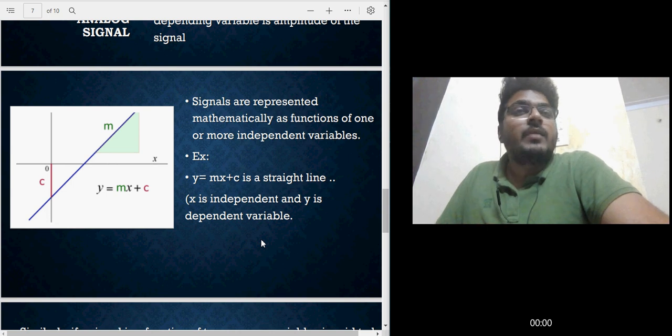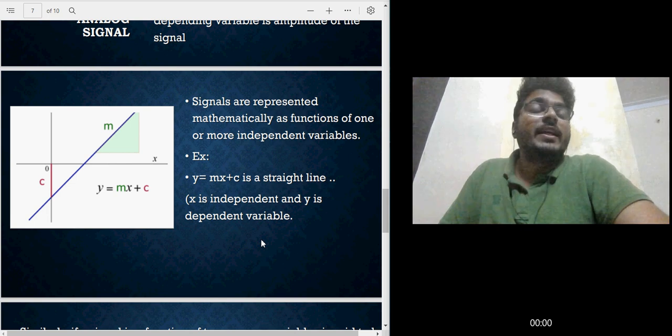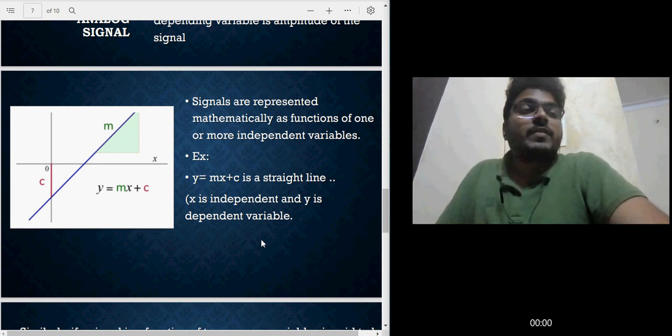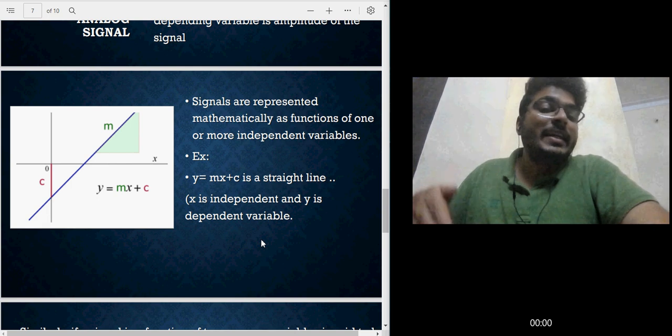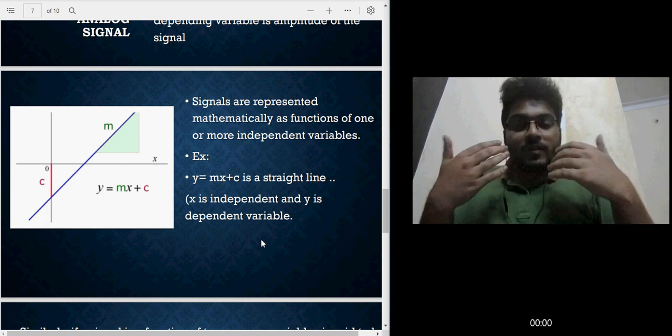If you're able to put it on a graph, and you can put some equations, if you're able to put it and explain it to somebody in a graphical way, those are called signals. Let's take y equals mx. It is a straight line passing through the origin. What does it actually tell? The behavioral nature of it is linear. There is a linearity. That means how much input you give, the corresponding output will come.